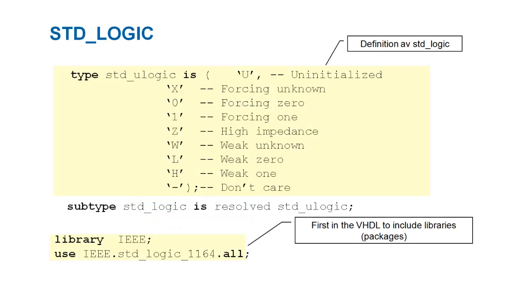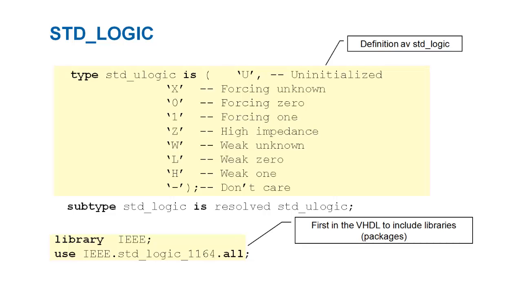So here is how we can implement standard logic or standard U logic. And here is the enumeration that is available within this type. We have uninitialized, when you create a signal and you don't give a value to it, and forcing unknown. So when you have an uninitialized signal and you are trying to add or perform some operations on it, then you can't get a result that is unknown,